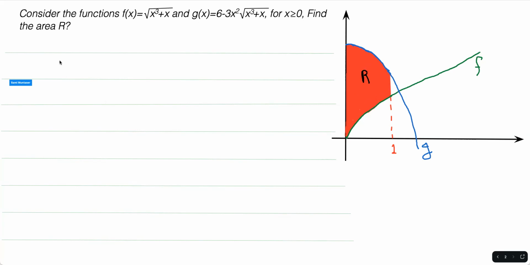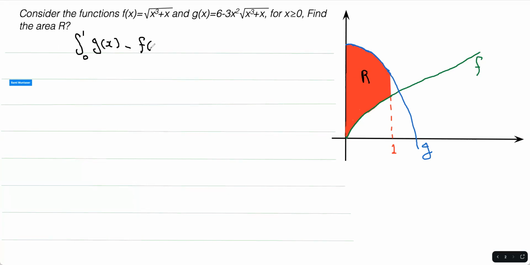Now we know when we're finding area, we have to integrate. And this is going to be a definite integral. So we're going to integrate between 0 and 1, so x is between 0 and 1, since the area starts at 0 and finishes here at 1. And then it's going to be g of x